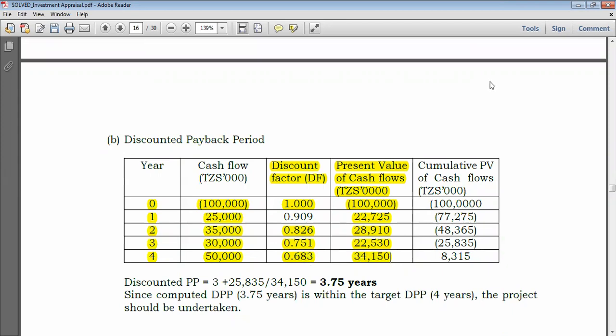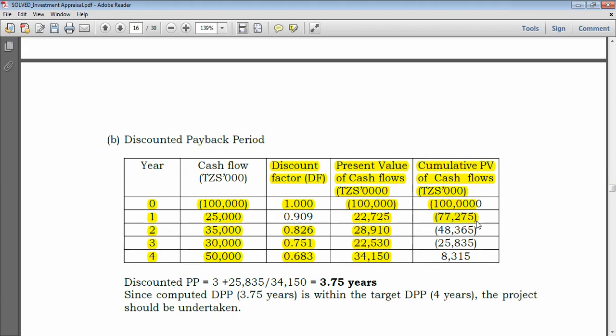And after getting that, you now have to compute the cumulative present value of cash flows. So how do we do that? You start with year 0. Year 0, we had $100,000. You put it here. This is 100,000, sorry. This is not 0, it's a bracket. You take negative 100,000, you plus 22,725, and you end up with